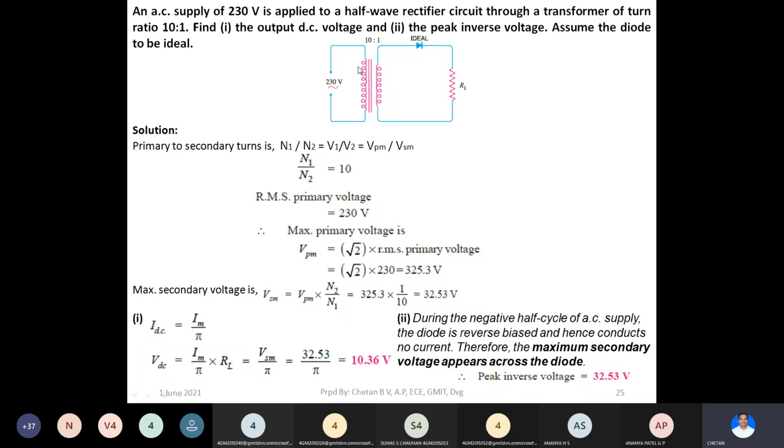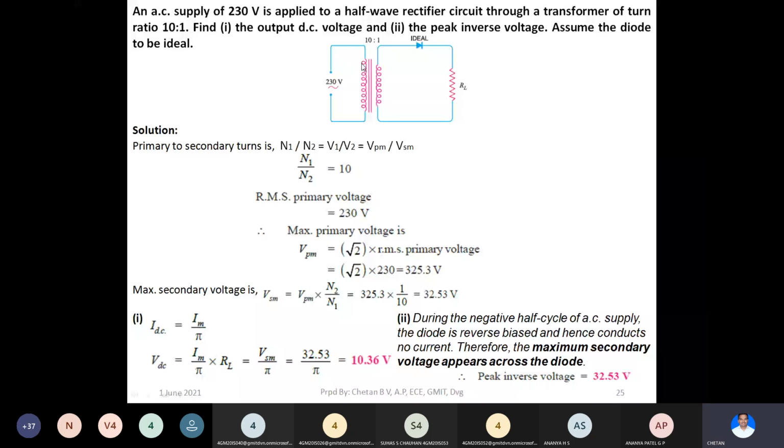So this is the indication of the transformer. This part is the primary winding, this part is the secondary winding, and what they have given is the turns ratio. Turns ratio is the turns of primary divided by the turns of secondary. So that is in the ratio of 10 is to 1. 10 is to 1 means if there are 100 turns in the primary, there would be 10 turns in the secondary. Or if there are 10 turns in the primary, there would be only one turn in the secondary. That is what this ratio is.